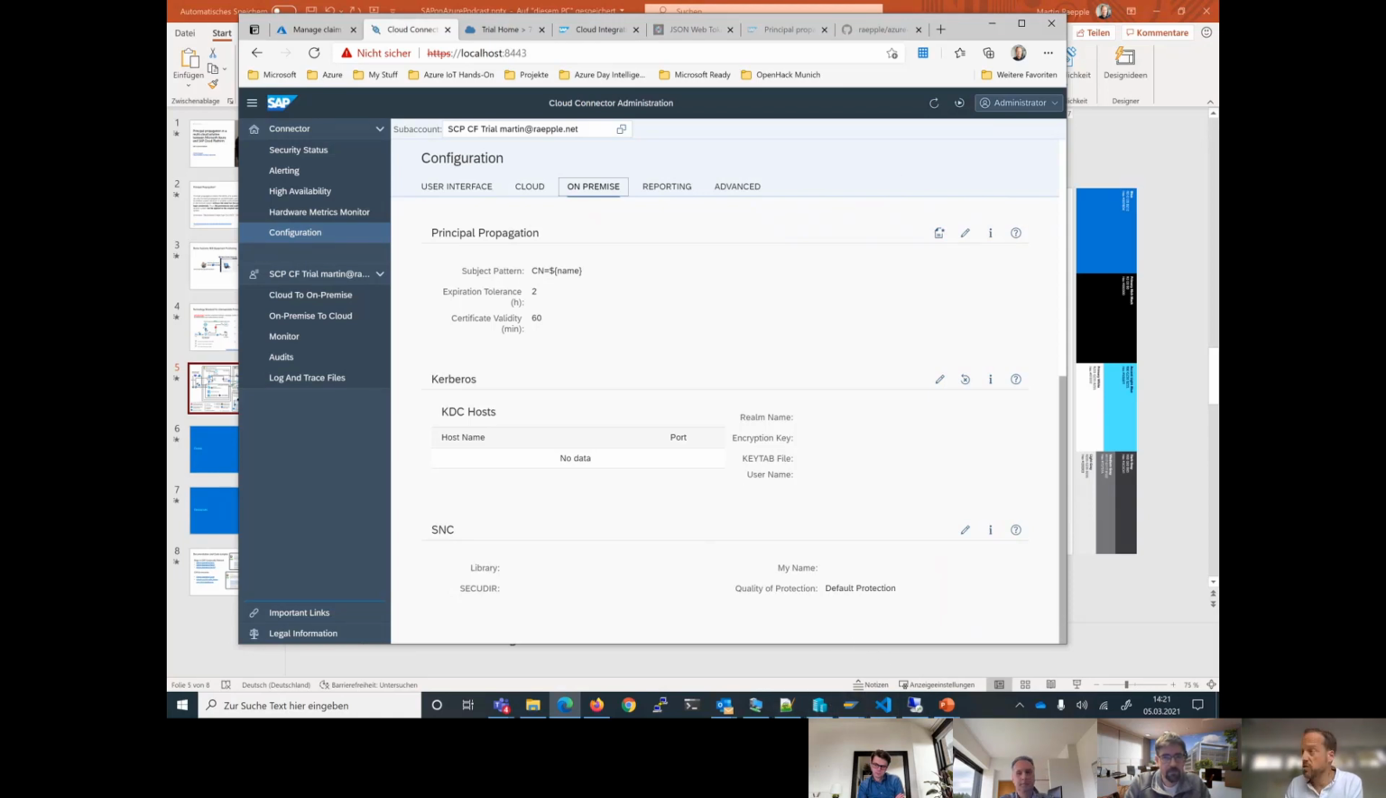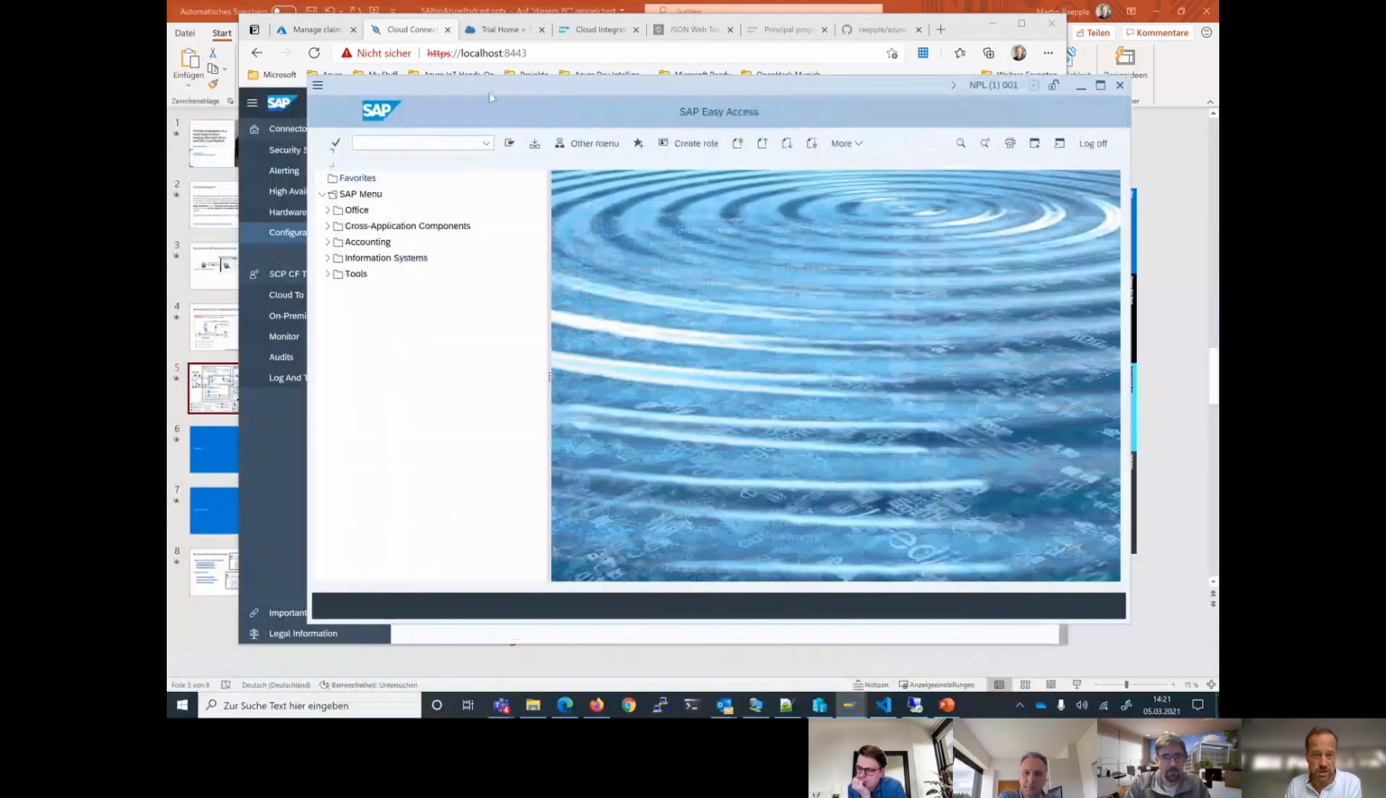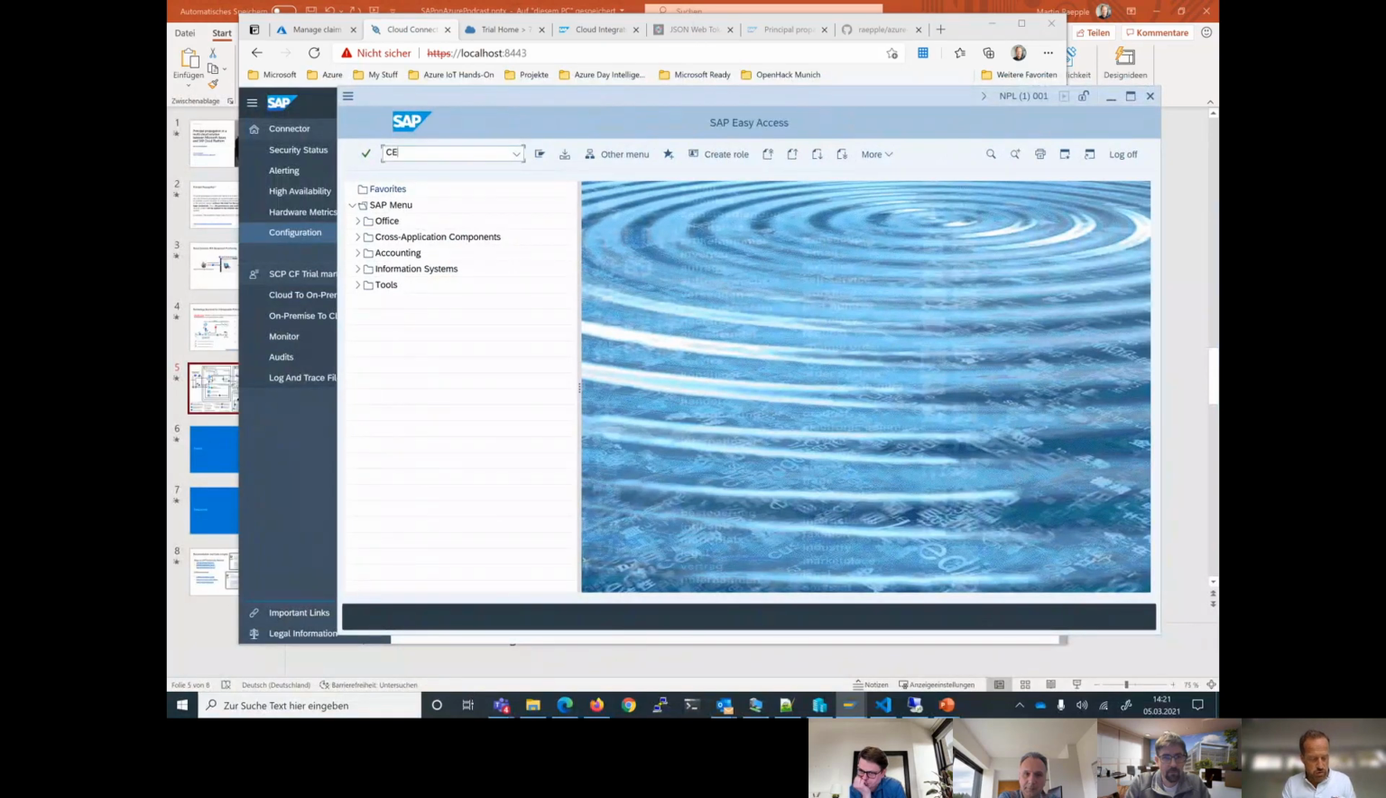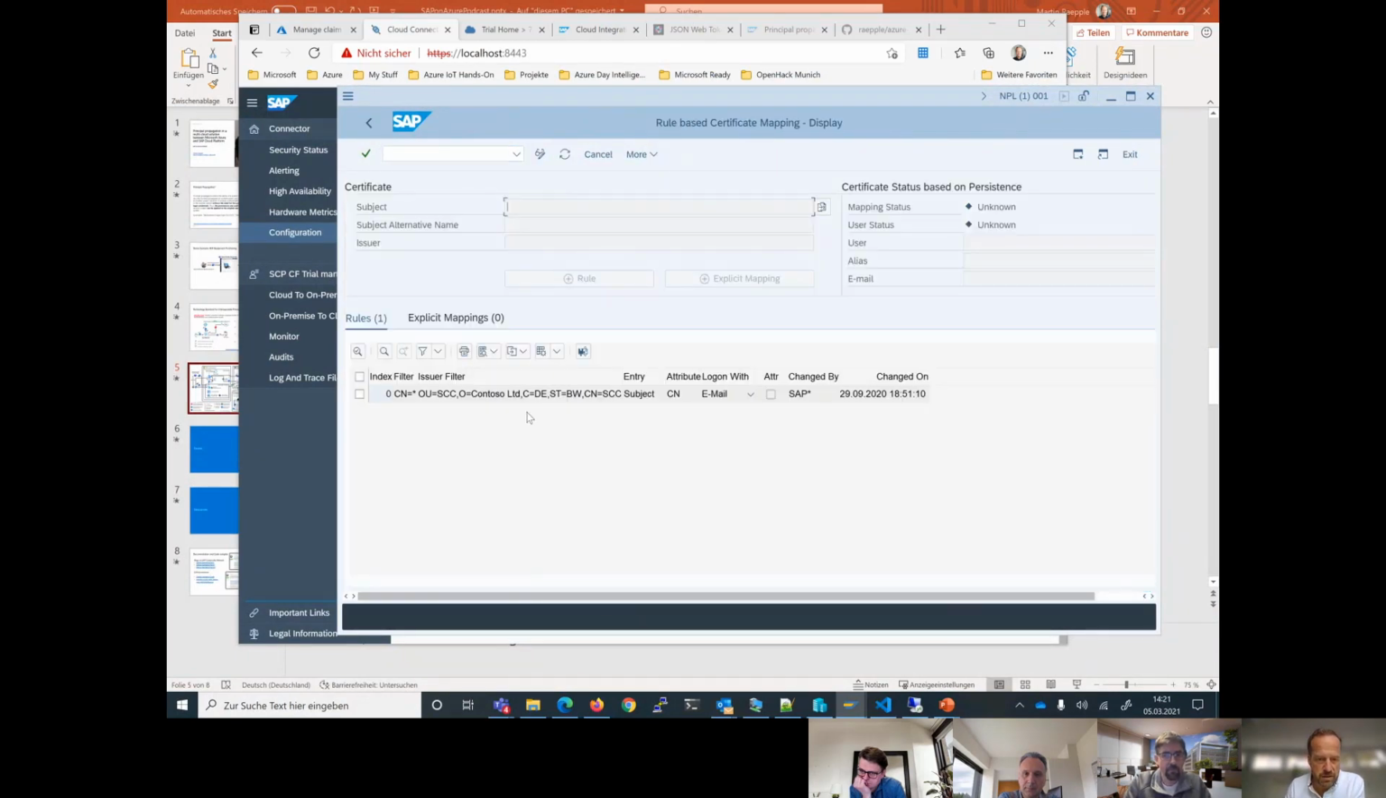And if I go into my backend system, so here in the cert rules, I have specified mapping to map essentially the common name found in the certificates received from the cloud connector and log in that user with the email address found for that user. So that's the end-to-end chain. And with that,